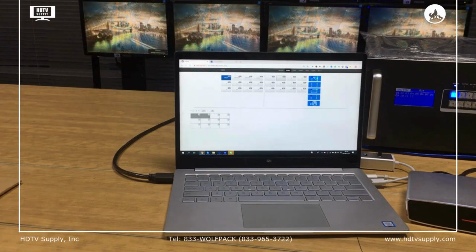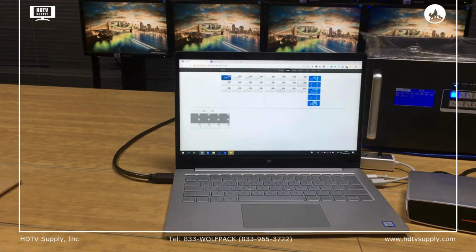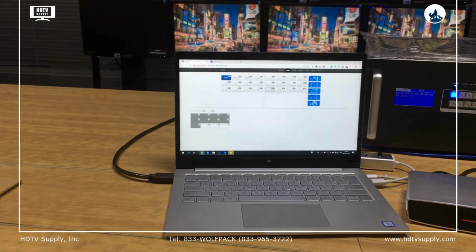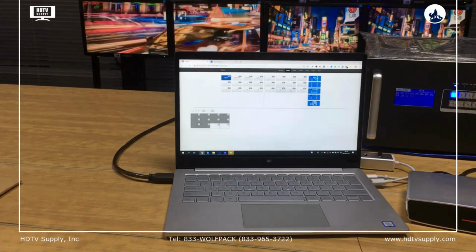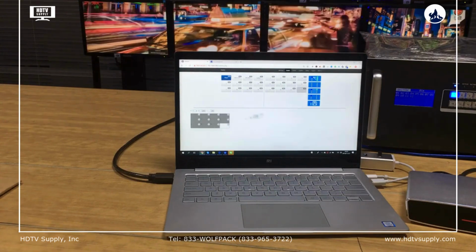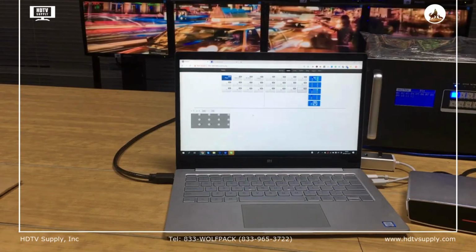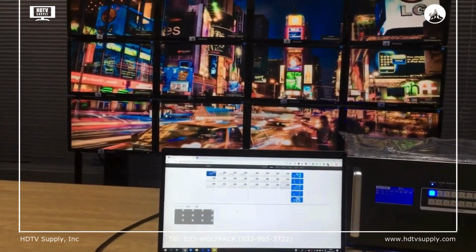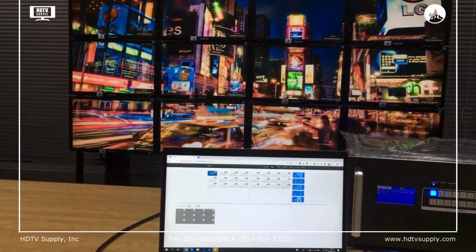Up 2, 3, 4, 5, 6, 7, 8, 9, 10, 11, 12. So we can check out on this 3 by 4 video wall, and we can just